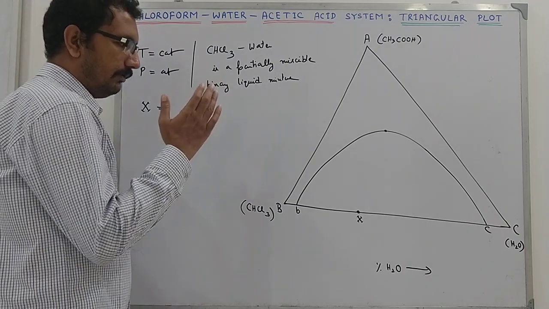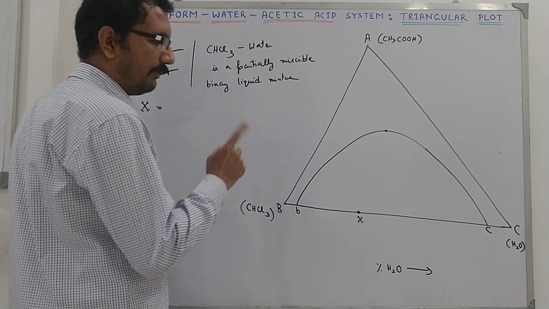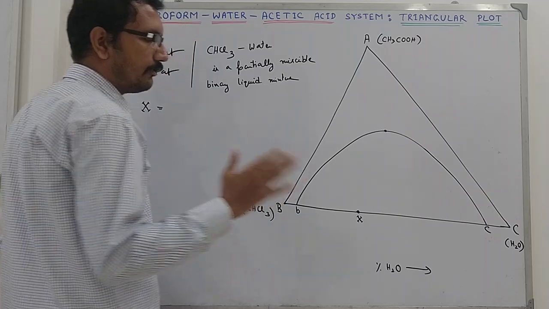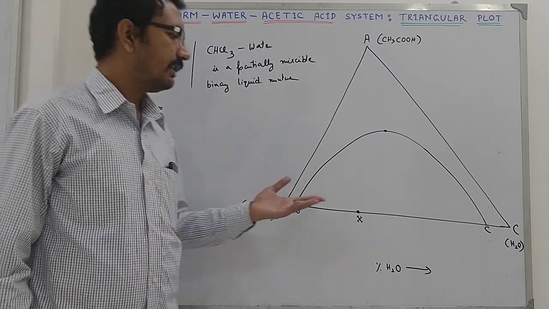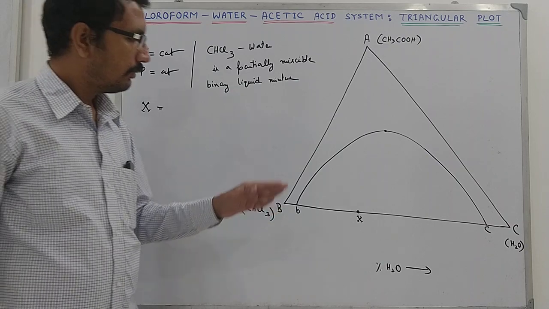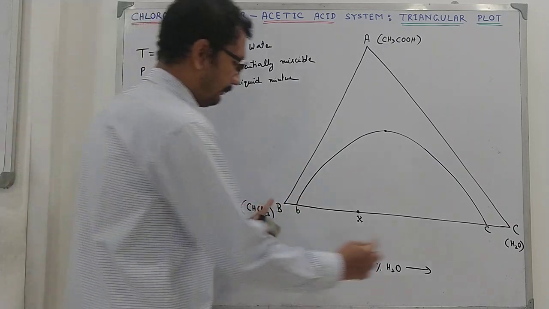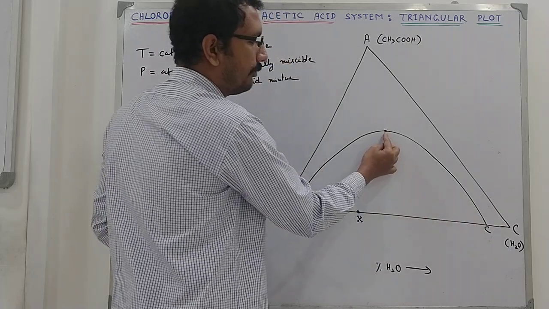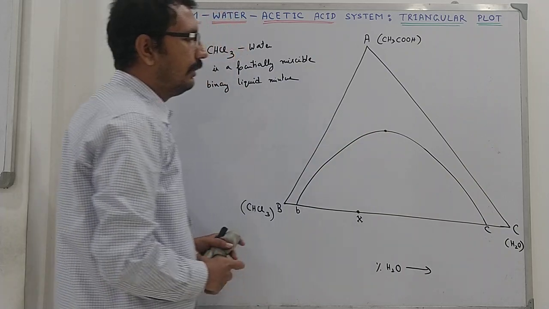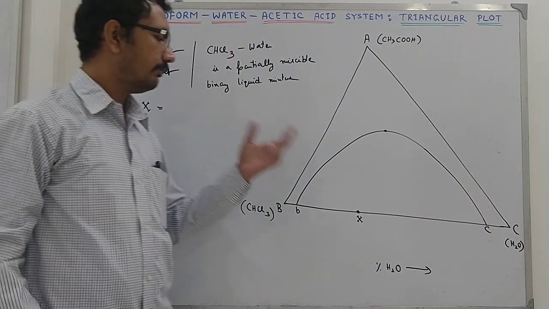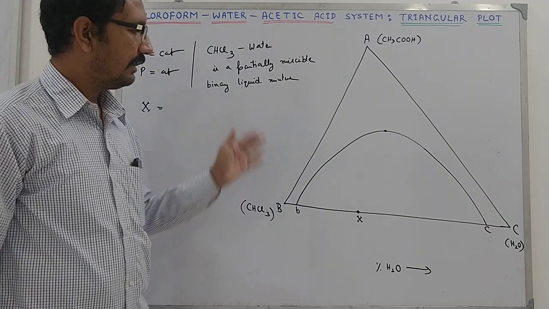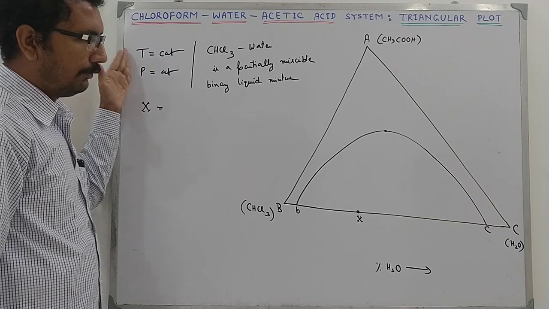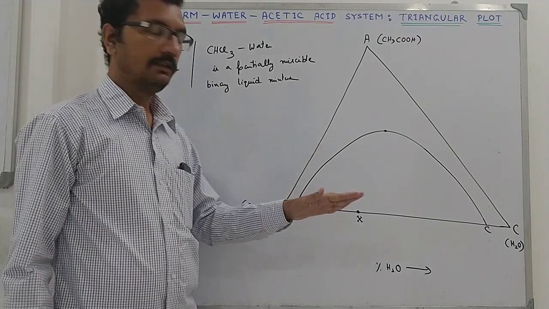Now if you remember the phase diagram of phenol water, we increased the temperature in that case, and in the phenol water system, with increase in temperature mutual solubility increases. So these 2 points come closer with increasing temperature, and they converge at a certain point that was referred to as the critical solution temperature, the upper critical solution temperature or the upper consolute temperature. But here we are not changing the temperature, so we will not get the upper consolute temperature.